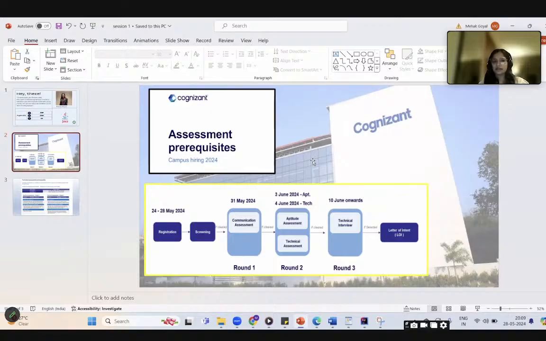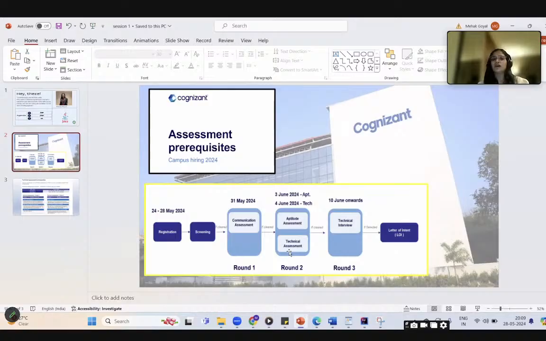So, for Cognizant assessment prerequisites, what are those? You might not be aware that they have these rounds, like many of you might have registered. First, the process is registration, and then we have screening, and then round one is communication assessment, and then we have aptitude assessment and technical assessment.